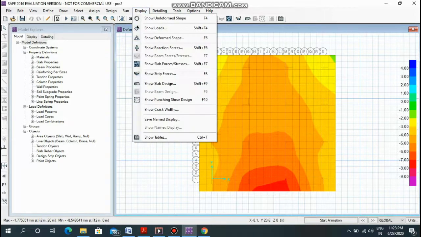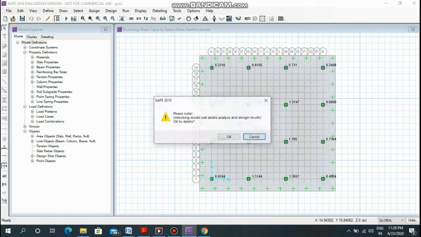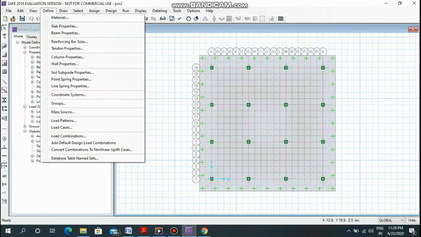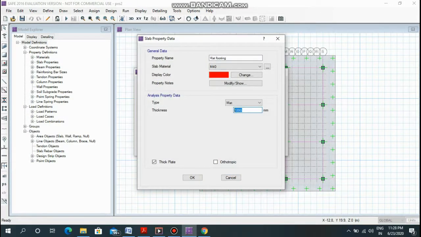Go to the display menu and click on show punching shear design. So the punching shear design values for some columns are still exceeding 1. So let us make the changes again. Unlock the model, go to the define menu, go to slab properties, modify or show property, change it to 1200 mm.